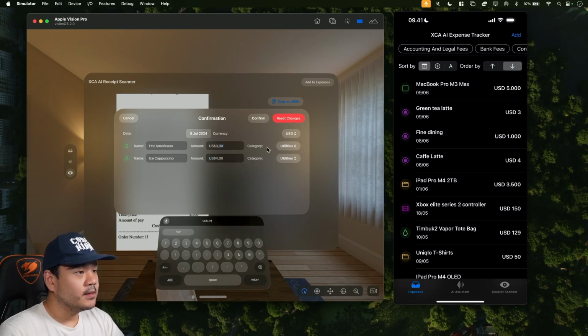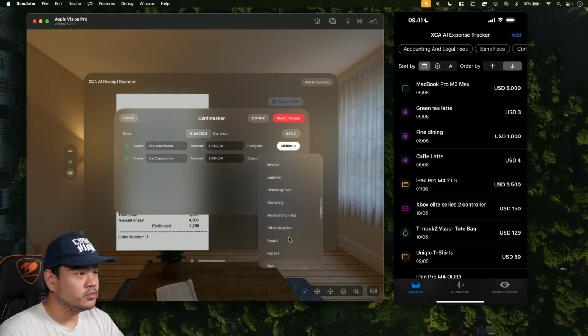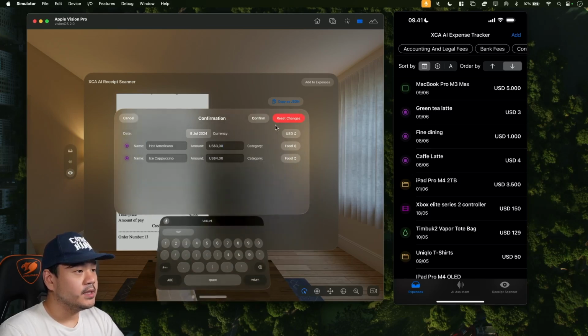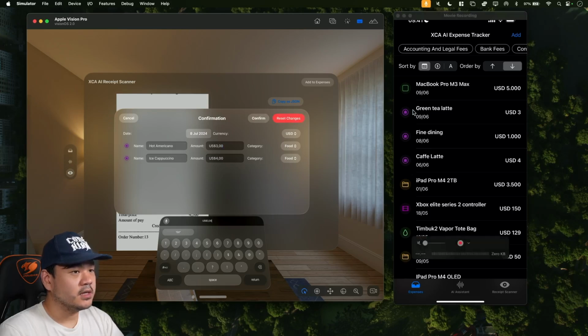Okay, as cappuccino. And then here we can change the category as well. So I'm going to select food for the category in here for both of them. Okay, now I can simply tap this confirm to add this to the Firestore database, and it should be added